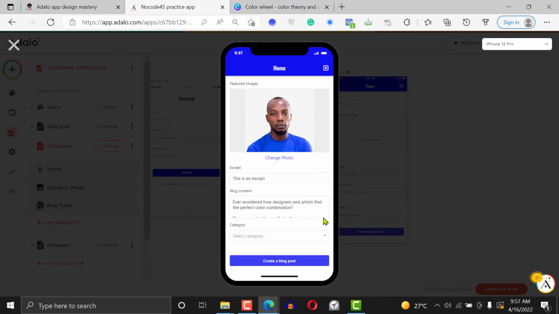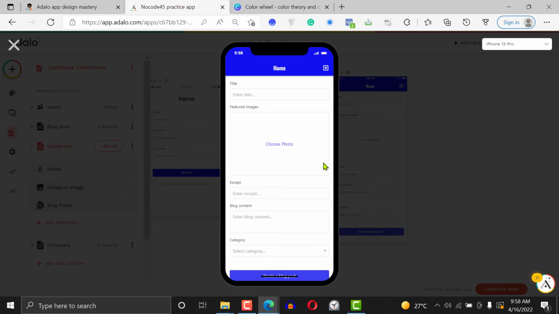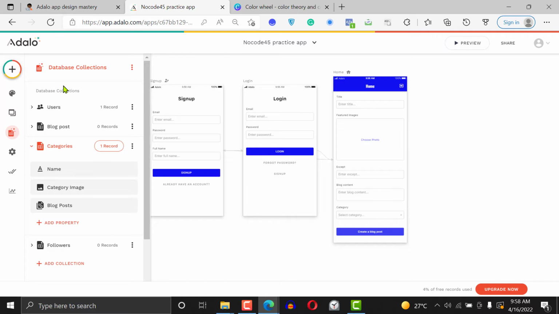Now we have all the fields filled. So choose category, we'll say news, and then click on create blog post. Now it has been created. The reason why it did not leave the screen is because we did not tell it where to go after creating the blog post. So if we click on the X sign, go back to our database and blog records,